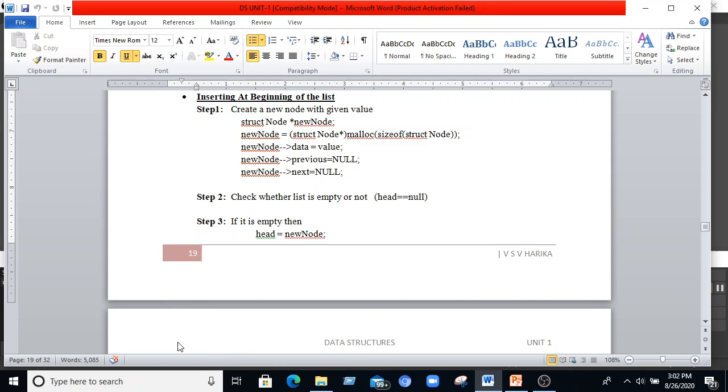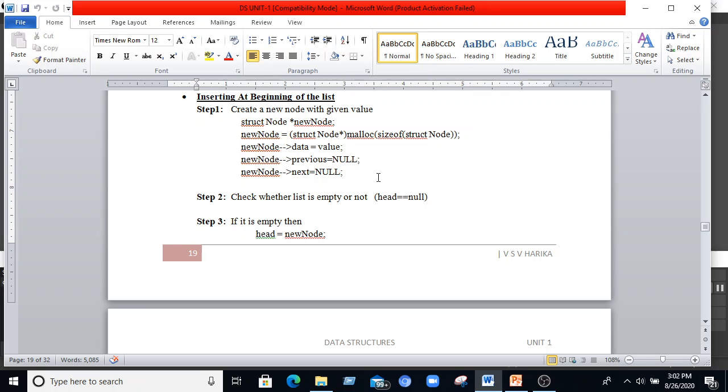If we want to insert at the beginning of the list, first we need to create a new node and place the data value. The previous and next link addresses are null. The further steps are like this. We check whether the list is empty or not.